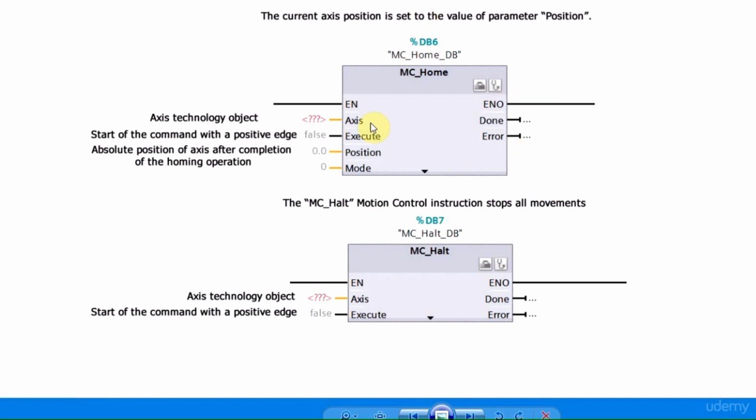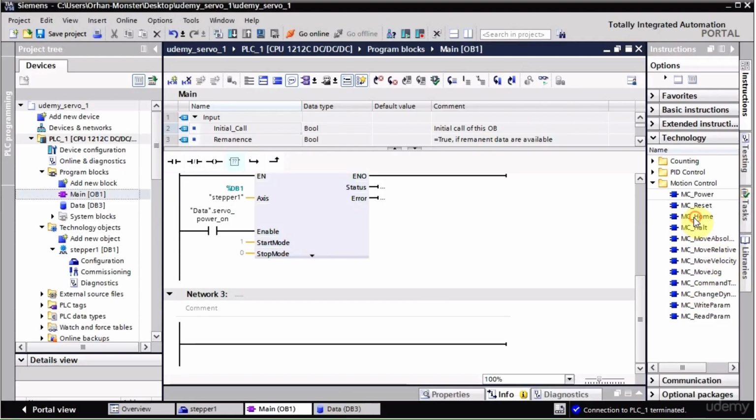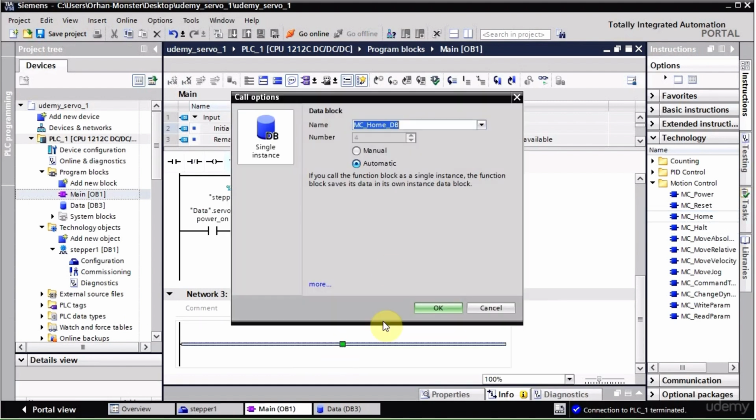We will use this command now to set home position or give a special position for our axis. You can write here the absolute position of the axis after completion of the homing operation. So I will use this home here and write the name step